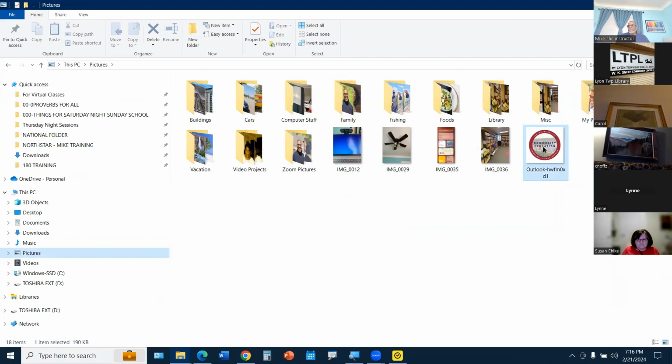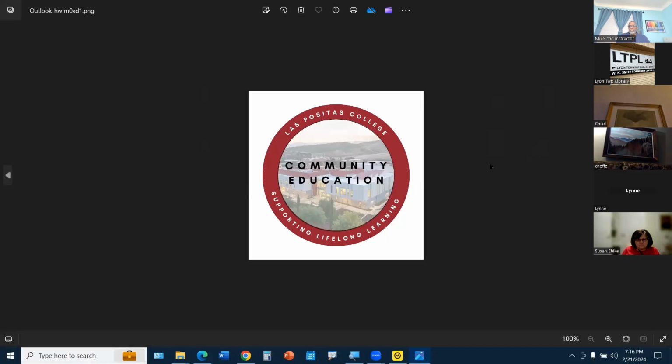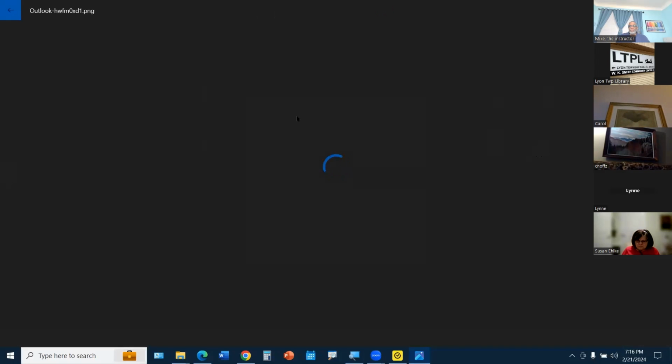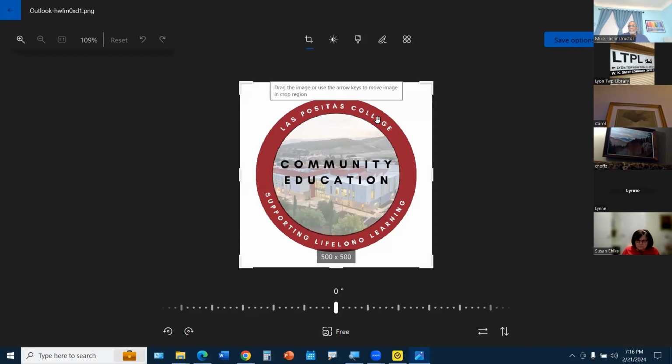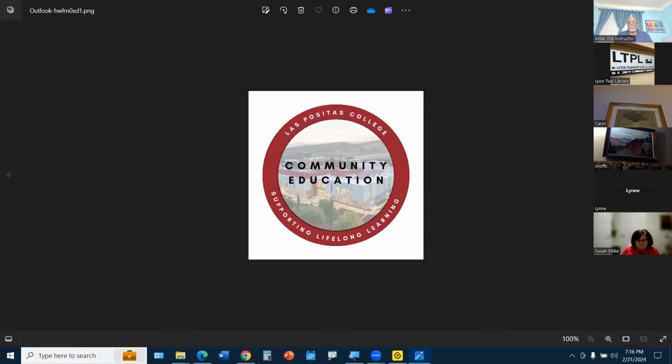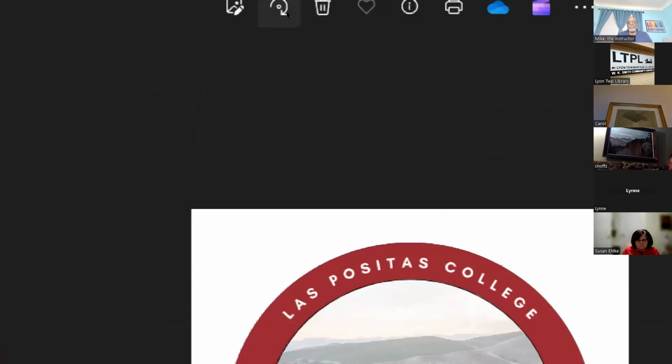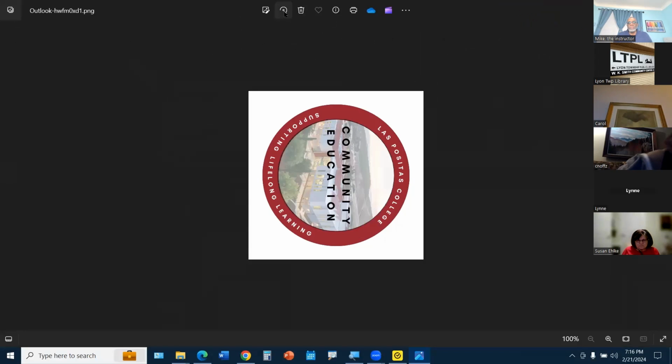So if I double click the logo, you can see now there is my logo. And if I need to make some changes to it, I can click. Let's say the logo came in, and sometimes your pictures will do this, it came in sideways. Well, let me cancel this. And right here, you see that little circular arrow. Now, what that does is rotate. So when I click on that, every time I click it,